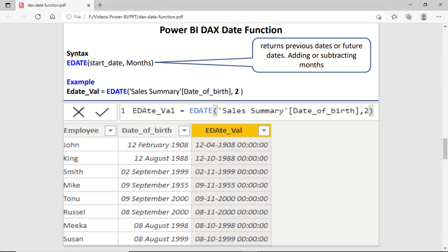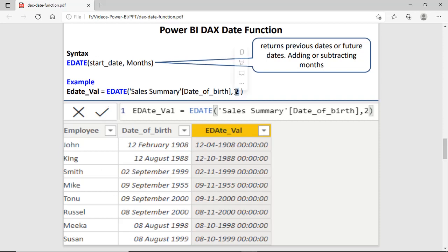Next one is the e-date. You can use this e-date for displaying the future and previous date. It means you can add or subtract the months from the given date. You can see two parameters required: start date and the months. In the example you can see e-date, then date of birth and 2.